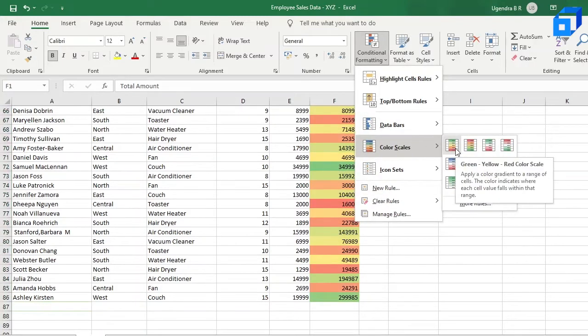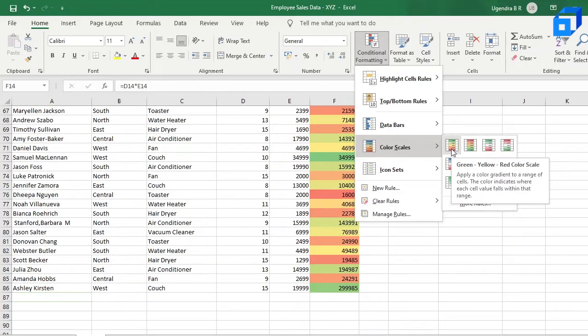Over here you can see that it applies a color gradient to a range of cells. The color indicates where each cell value falls within that range. As you can see, green is on the higher end, light green is above average, yellow is average, light red is below average, and red is on the lower end.